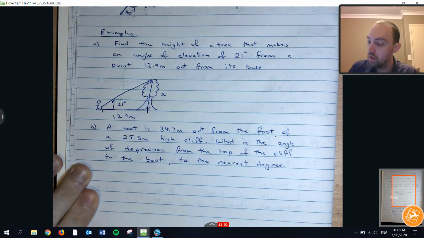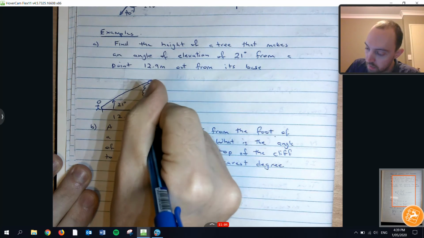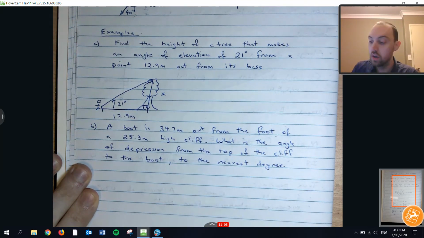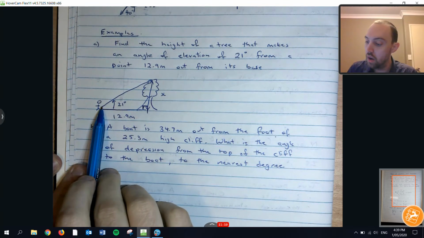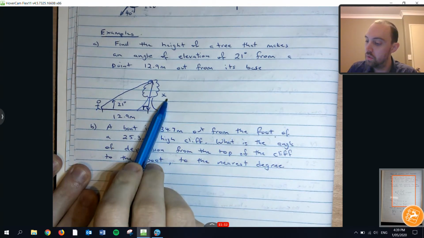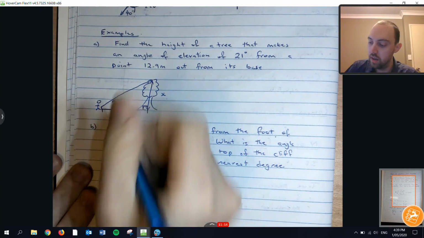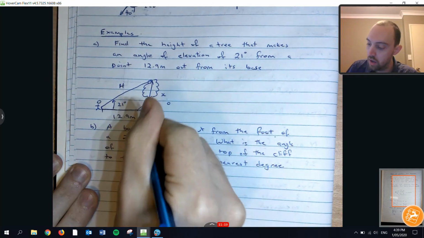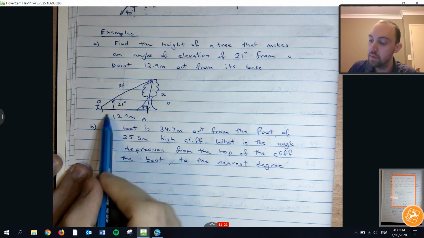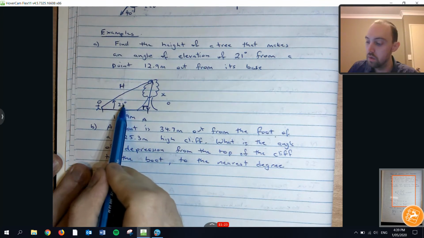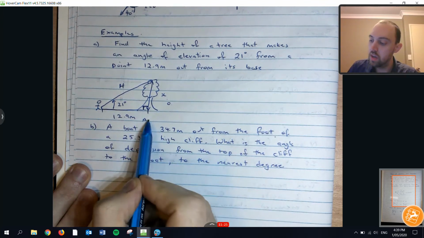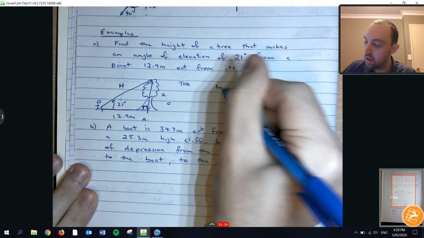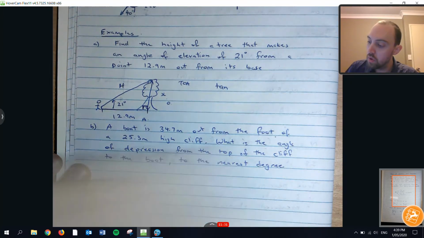So the tree stands perpendicular to the ground there. We have a 90-degree angle triangle, and we're going to go, all right, what two sides are involved? There is the opposite side, because this is the hypotenuse, opposite, adjacent. We want to tie 3 bits of information with this angle. Opposite, adjacent, that's tan. Okay, so tan of 21 degrees